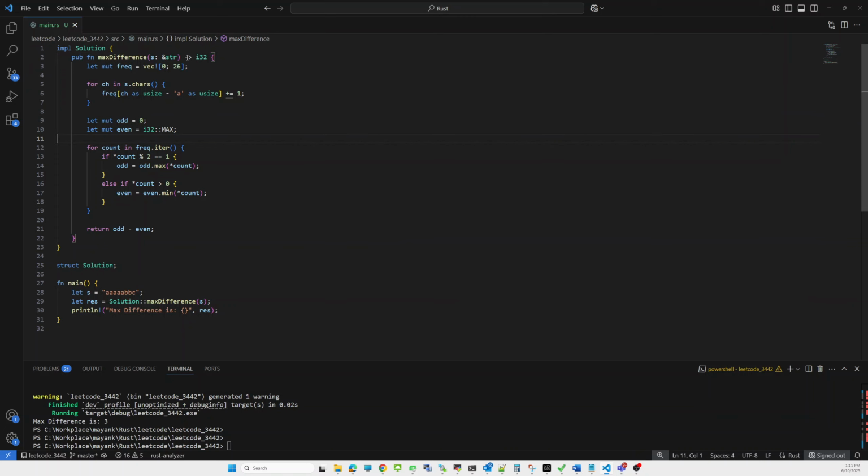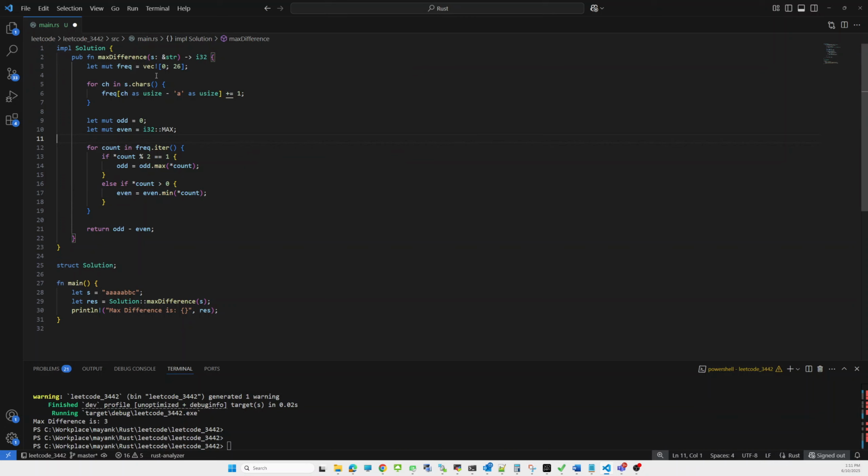And this method is returning what? It is returning an integer. i represents integer, and i32 means a 32-bit signed integer. If I give u32, it means unsigned int.